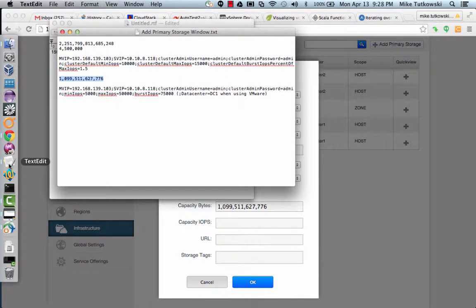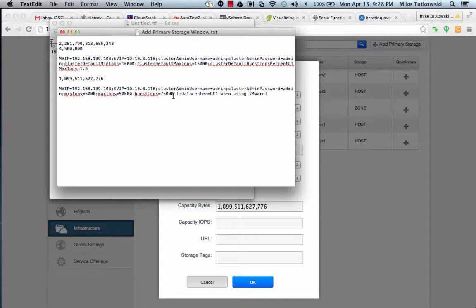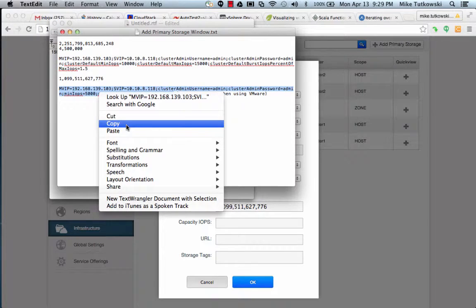Let's go back to my document. I'll highlight the relevant portion. This is a collection of key value pairs such as the MVIP, which is the management virtual IP address, the SVIP, which is the storage virtual IP address, a cluster admin username and password, and then the min, max, and burst number of IOPS for our SolidFire volume. And we'll keep in mind here, the min IOPS happens to be set at 5,000. That'll come into play in just a moment. Let me copy this